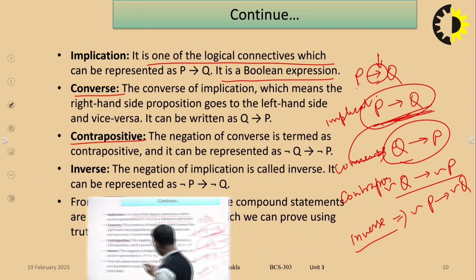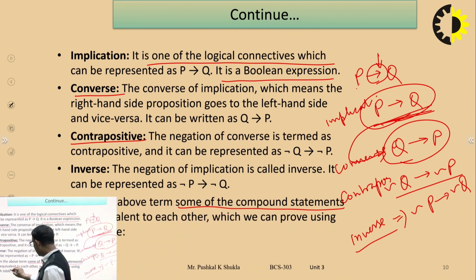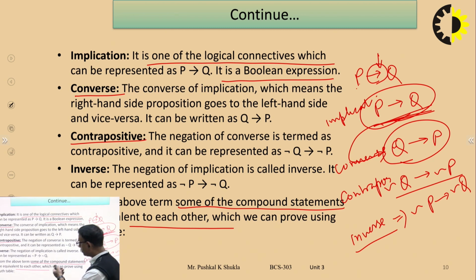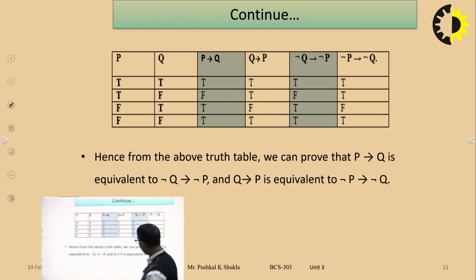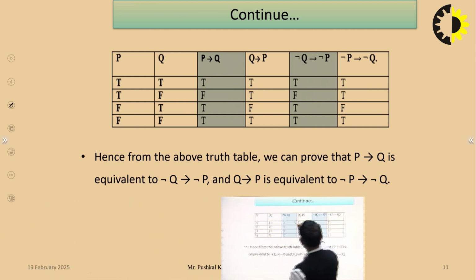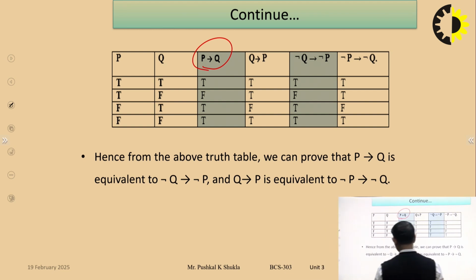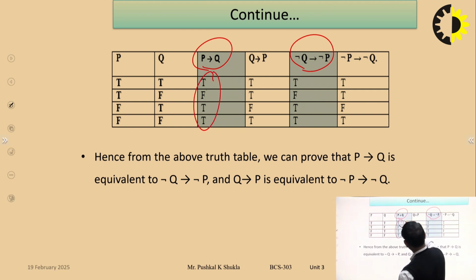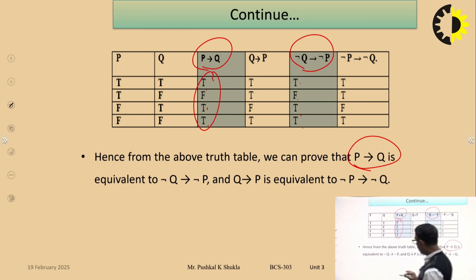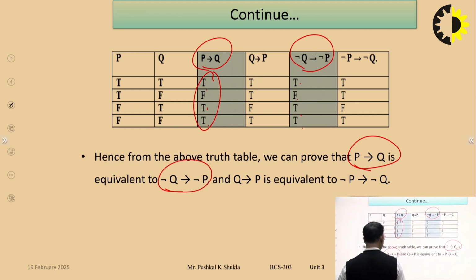So, from the above terms, some of the compound statements are equivalent to each other, which we can prove by this truth table. Here we see the truth table, we can prove that P implication Q is equivalent to negation of Q imply negation of P. Here we see T F T T. So P implication Q is equivalent to negation of Q imply negation of P,